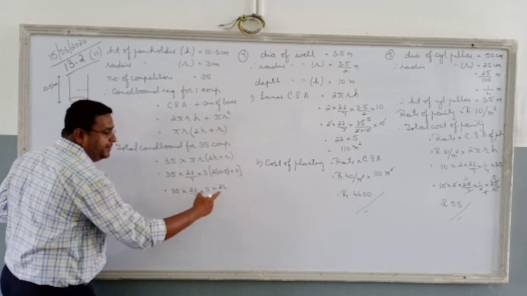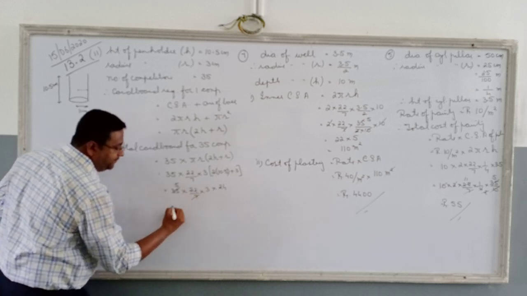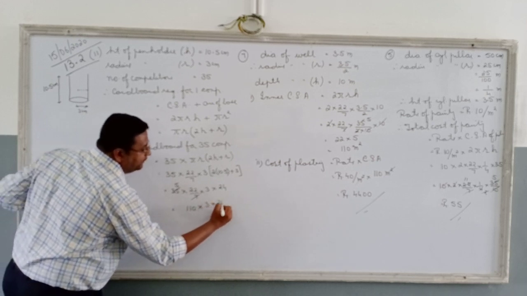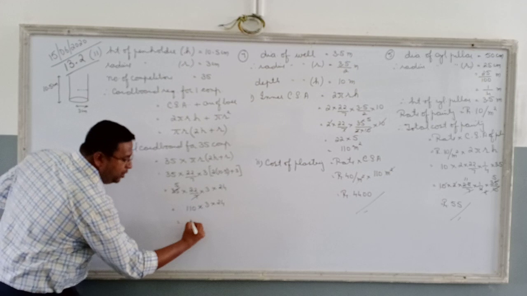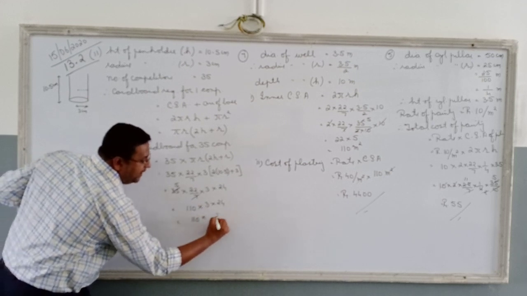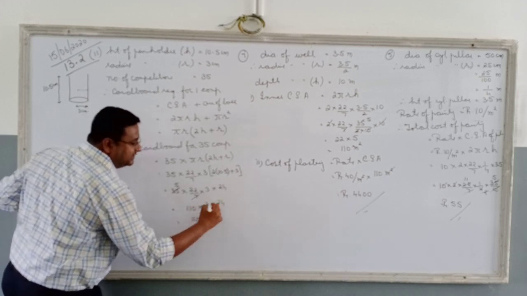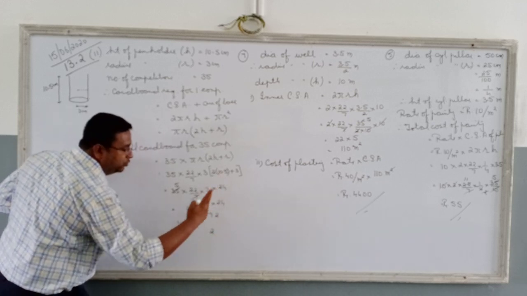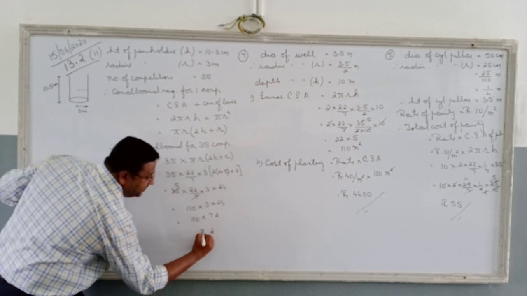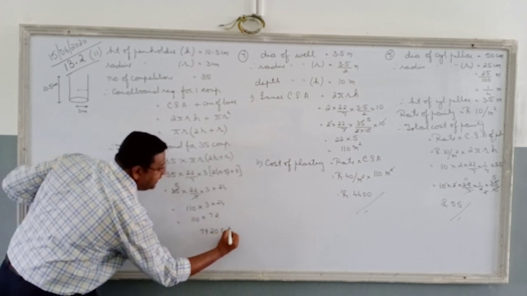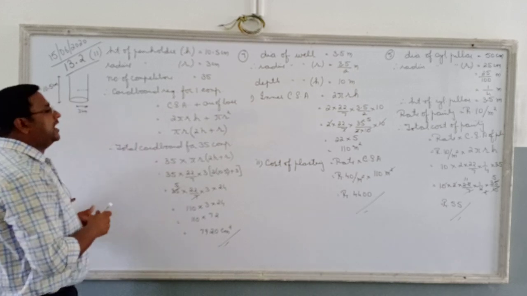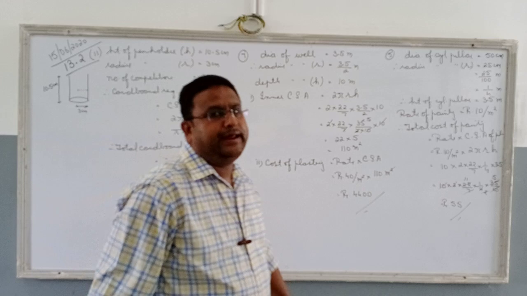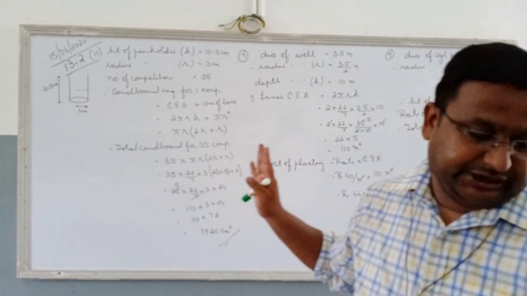Anything being cancelled out? 7 ones are 7, 5 sevens are 35. So 22 fives are 110 into 3 into 24. Can we multiply? 110 into 3 4s are 12, carry 1, 3 2s are 6, 6 and 1 7. So 11 2s are 22, carry 2, 11 7s are 77 and 2 79 and 0 centimeter square. This much cardboard is required for how many competitors? 35 competitors. I hope question is clear.